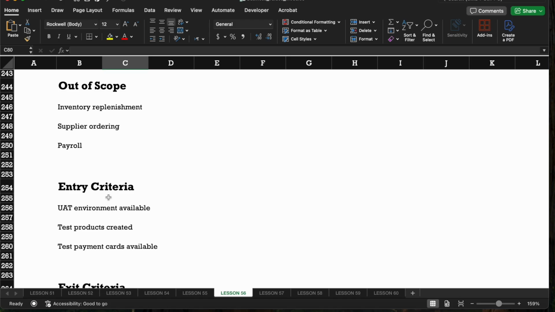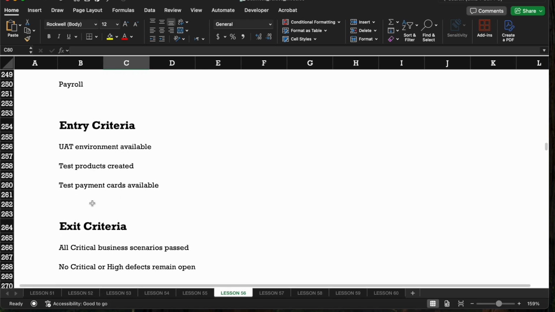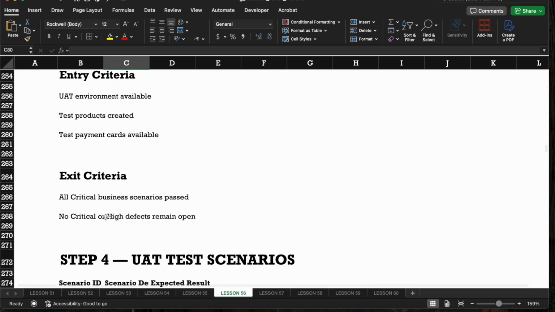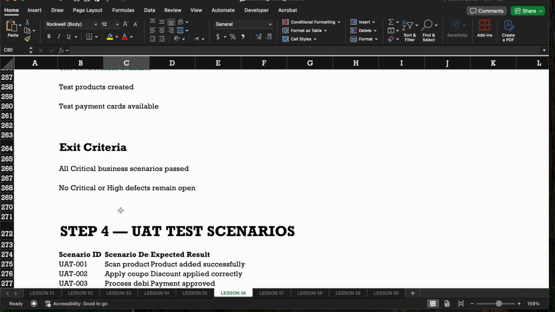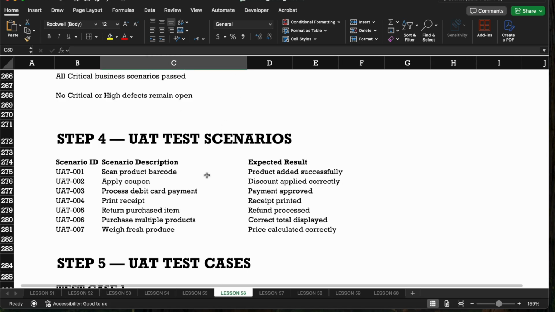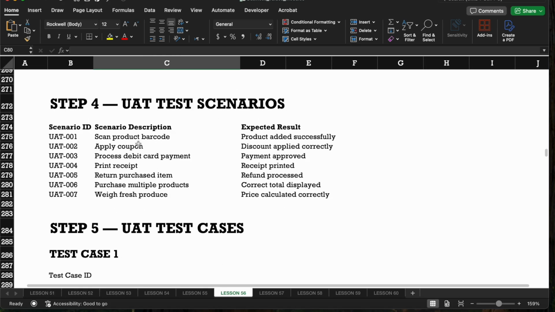UAT environment available. These are the entry criteria. Test products created, test payment cards are available. So exit criteria: all critical business scenarios pass, no critical or high defects remain open. So the UAT test scenarios: scan product barcode, product added successfully; apply coupon, discount applied correctly; process debit card payment, payment approved;